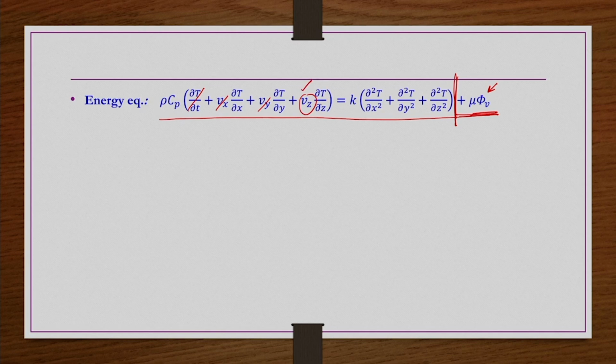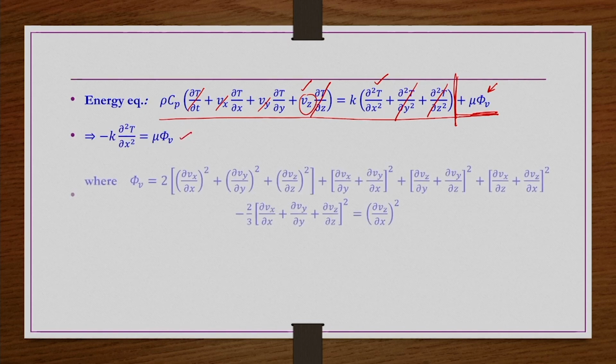Temperature is not a function of z, it is a function of x only, it is given. So, on the left hand side also all the terms are 0, and since temperature is a function of x only, this term should be there, it is not a function of y and z. So, these two terms are negligible. Then what we get is minus k ∂²T/∂x² equals μ Φv,